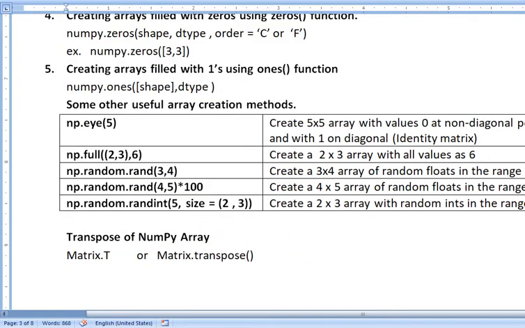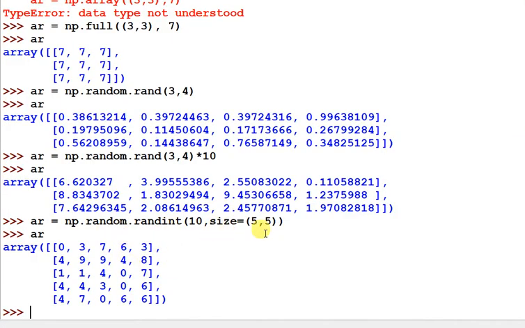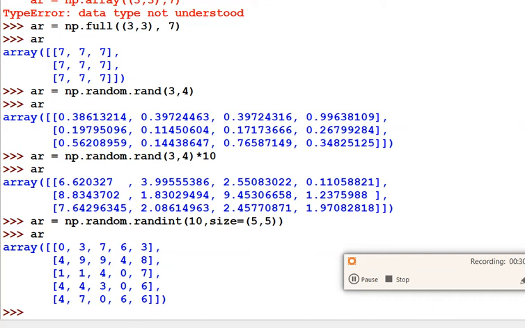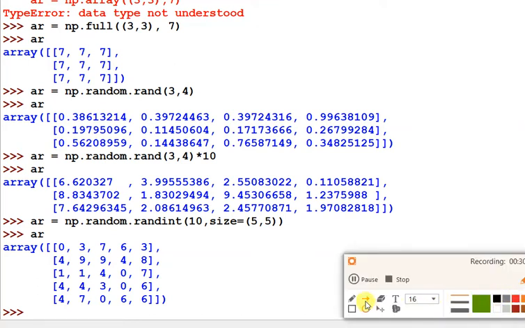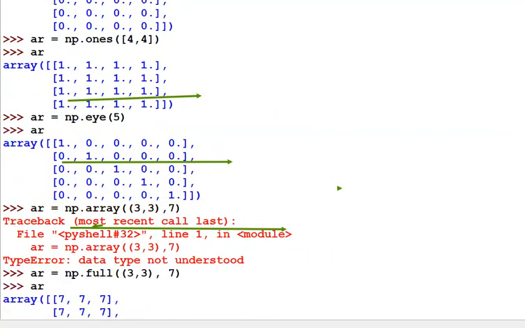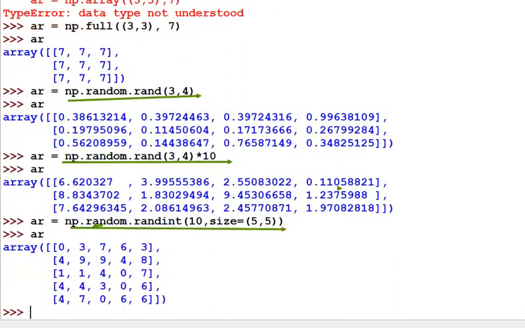Next, these are the methods with the help of which you can generate numbers. This is method one, these are the processes with which you can generate a number.